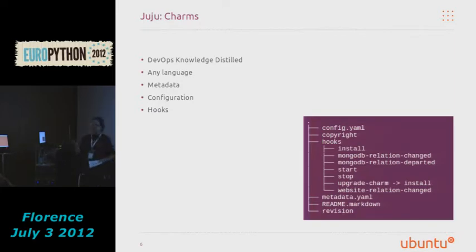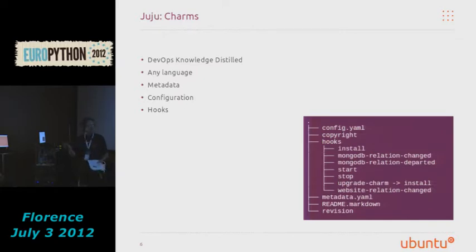It has some configuration. Charm authors can specify configuration for their charm, which allows the charm to be specialized at deploy time without actually changing the code base. So these are typically personalization of the application, tweaking and tuning for your own infrastructure, although the charm can do that itself if it wants to try and do that intelligently. However, my experience is it's never quite as rule of thumb as you can make it. So actually having those as configuration options for the users of your charm makes a lot of sense.